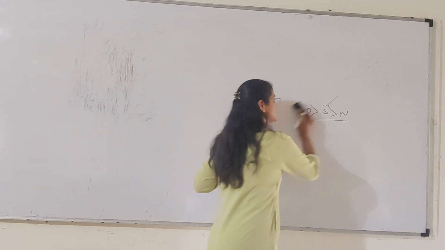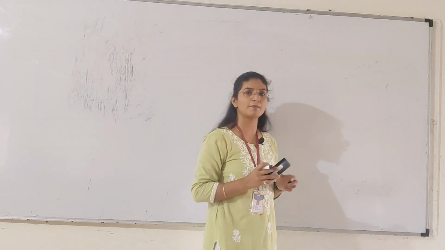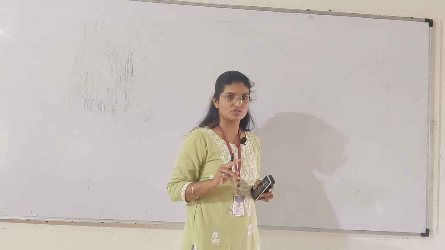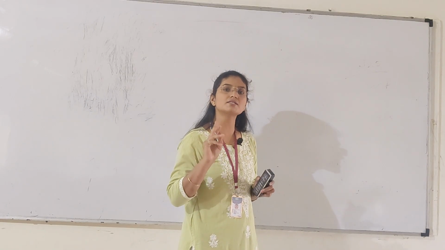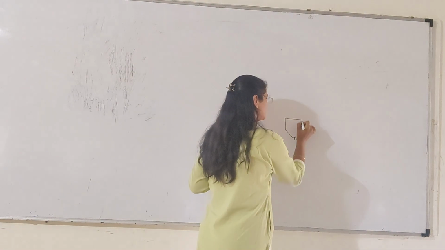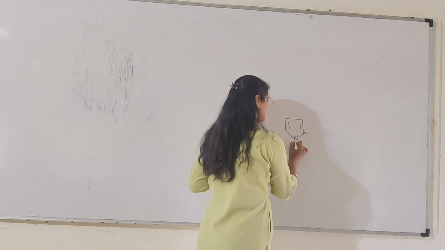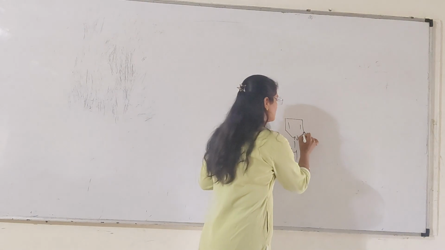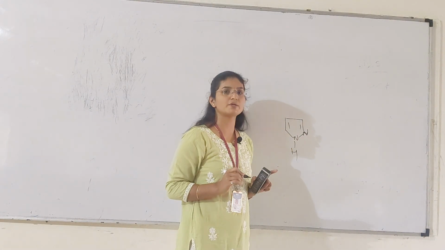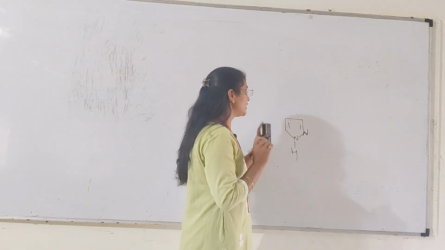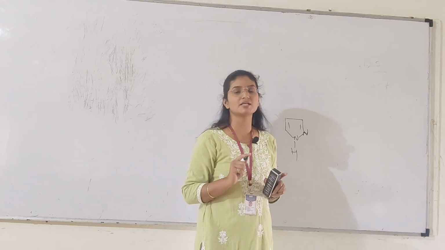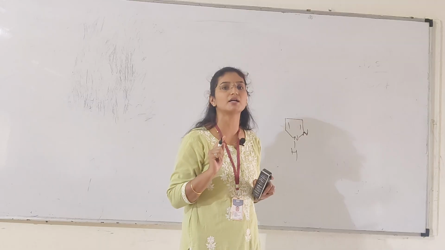Then the fifth and last rule for the numbering of heterocyclic compounds is, if your heterocyclic compound contains 2 nitrogens, how is the numbering given? See this example. Both are nitrogen, so how is the numbering given? For that purpose there is again one rule. If a heterocyclic compound contains 2 nitrogens, then number one is always given to the saturated nitrogen.